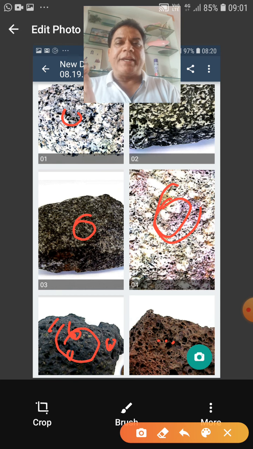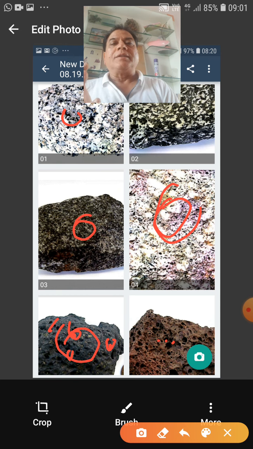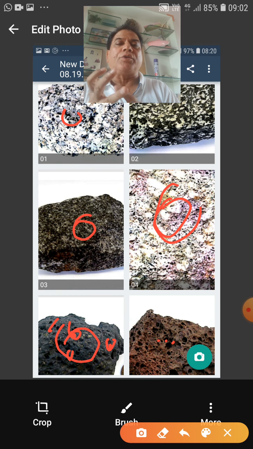I will make you understand in the next video lecture what is the difference between granite, granite porphyry, porphyritic granite, porphyritic rhyolite, rhyolite porphyry, and rhyolite. These are the 6 textural variants of one rock, that is granite, because the mineral composition of all these is the same. In all these 6, the mineral composition is quartz and orthoclase, but due to the difference in the texture, these 6 different names are there.